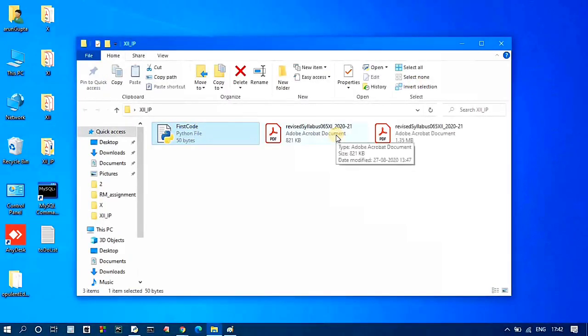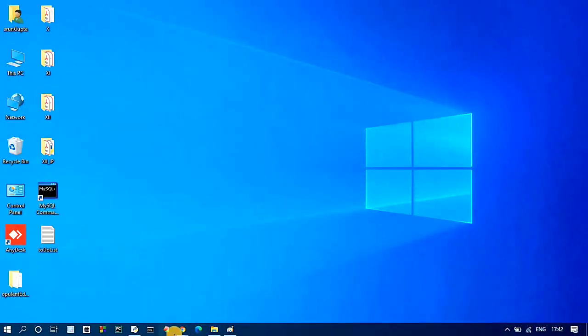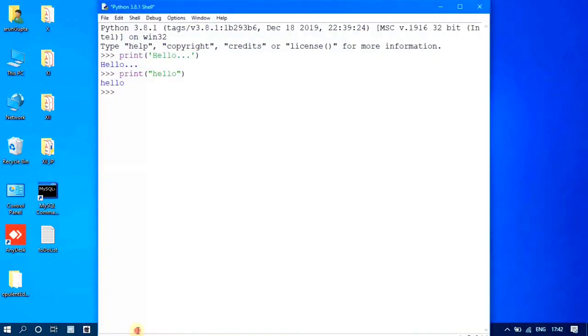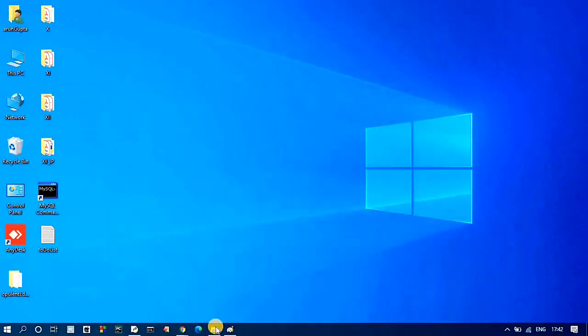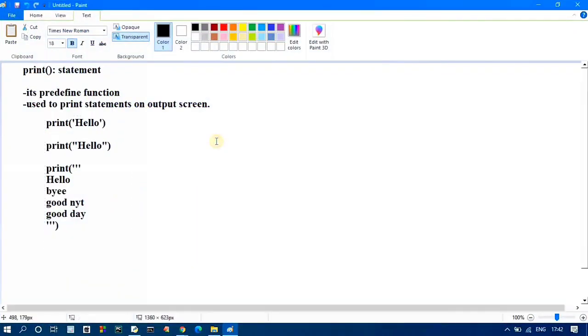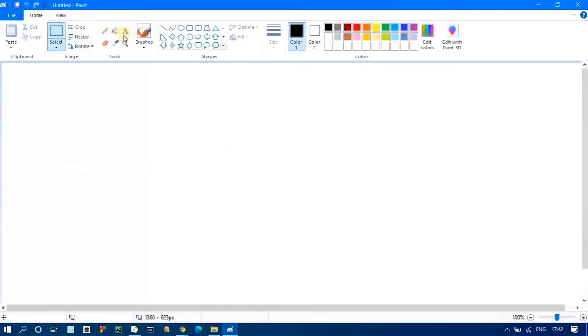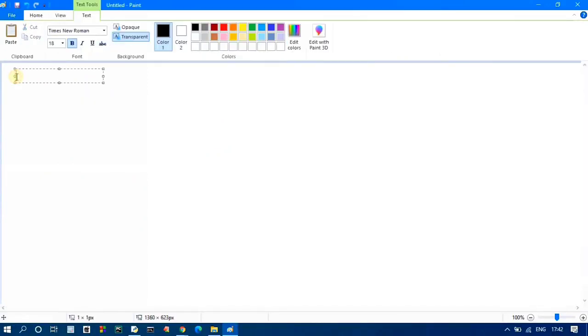Now let's start with the new topic, data types. What do we mean by data types? Data types means type of data.